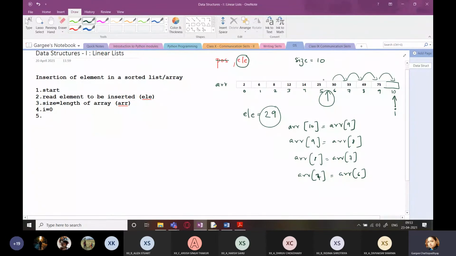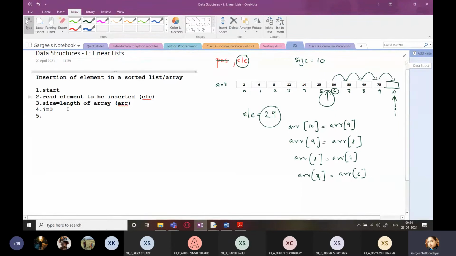It is greater than all elements till 25, right? The moment it reaches 30, the condition becomes false. So then what will happen? This index 6 will be considered as the index where the new element has to be inserted.